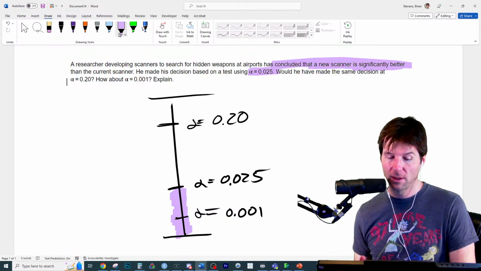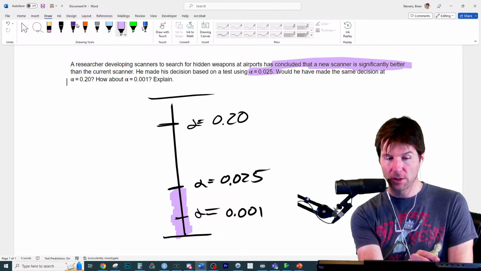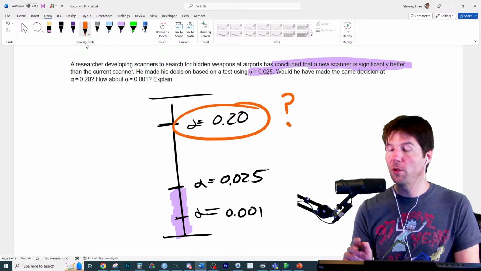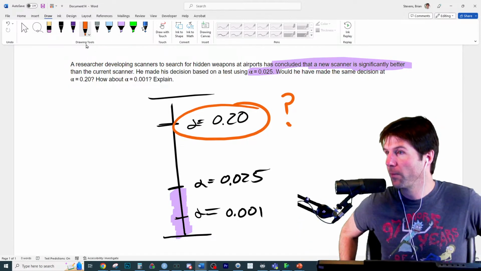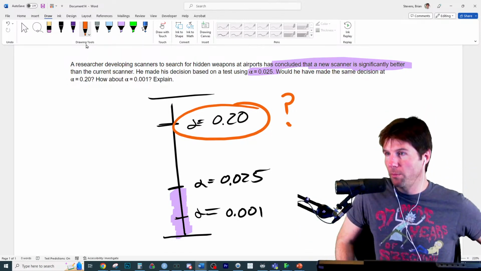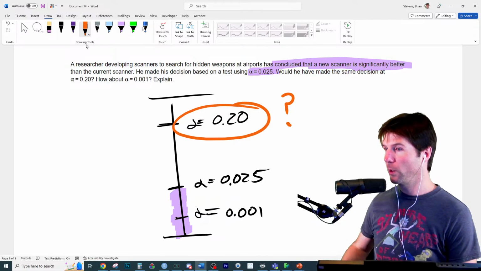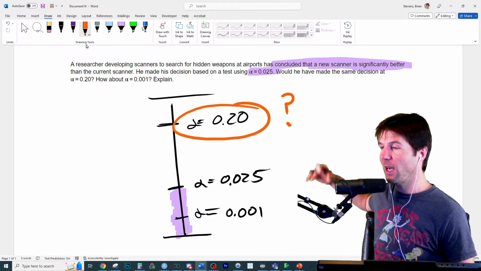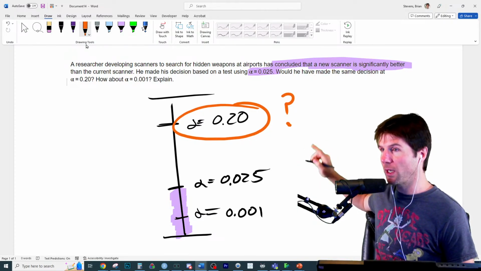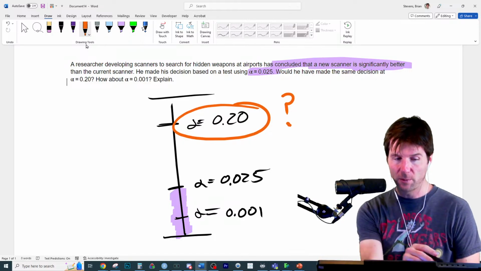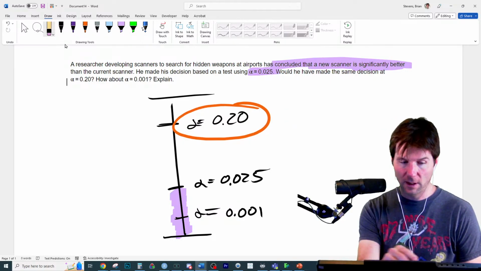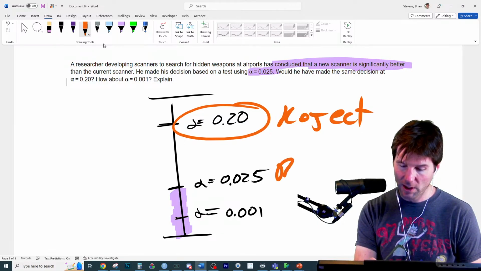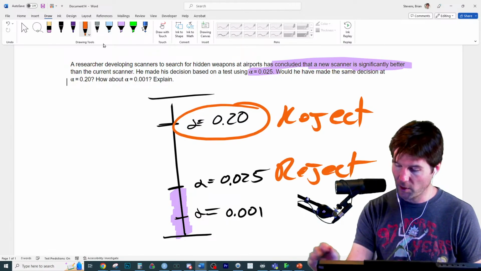So here's the thing. If we know that, would you reject the null right here? We know the p-value is in that region, right? So would you reject the null at the 0.20 level? We know the p-value is in the purple region somewhere because it has to be less than that. So would you reject at the 0.2? Yeah, you'd have to, because it's definitely lower than this. So this is reject. And we know to reject here. That's the one it told us about in the problem.